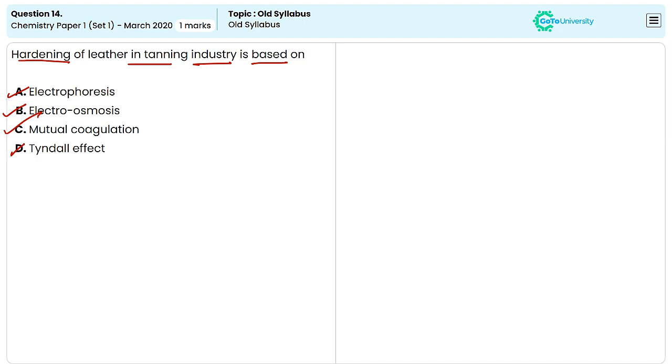Here the hardening of leather in tanning industry is due to the mutual coagulation, because during the tanning process leather is treated with the tanning agents that have charges opposite to those of the collagen fibers in the animal hides. The interaction between the charged tanning agents and the charged protein molecules in the hide leads to the mutual coagulation